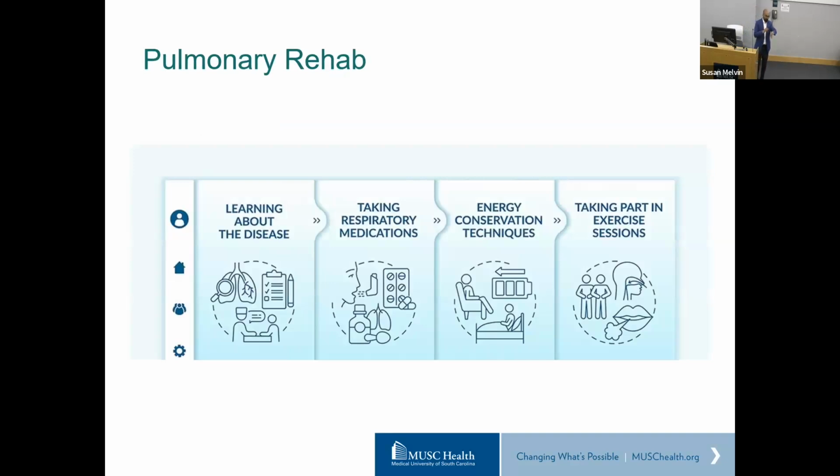which is a good segue into what else we can do, which is pulmonary rehab. Pulmonary rehab is a graduated exercise program for patients with interstitial lung disease. It is monitored care with the help of respiratory therapists and physical therapists who will monitor your oxygen levels while they take you through an exercise regimen that slowly increases in intensity. There are 4 phases of pulmonary rehab. Phase 1 is what happens in the hospital. A lot of the patients don't go through phase 1, but phase 2 to phase 4 is what you usually see as an outpatient.